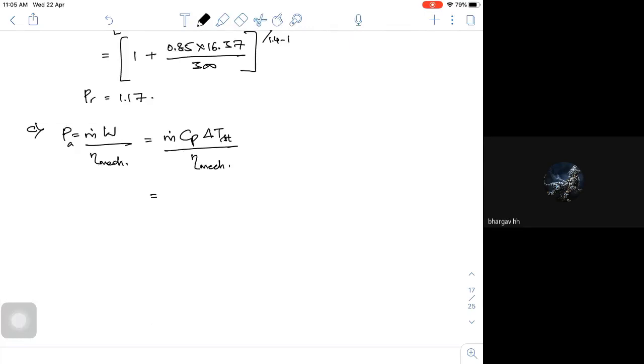So if I substitute, what is my mass flow rate, which is 30, they have given. Cp is 1.005. If I leave it in terms of 10 to the power of 3 as it is, I'll be getting in terms of kilowatts into 16.37 divided by 0.9. So I'll end up with my actual power, which is 548.4 kilowatts. It looks a little complicated for you guys, these particular formulas and all.